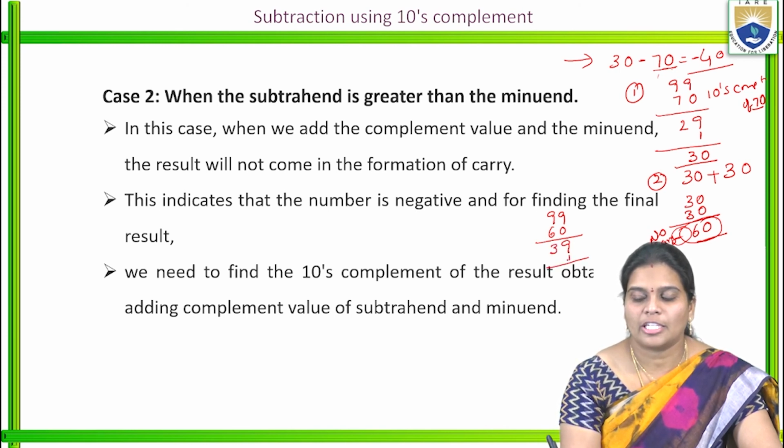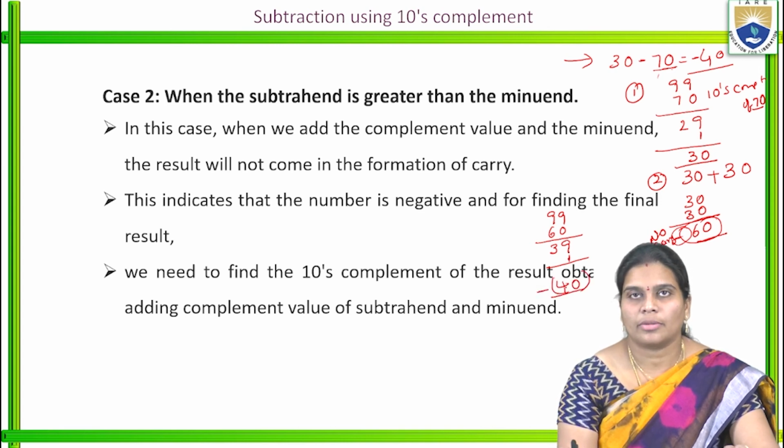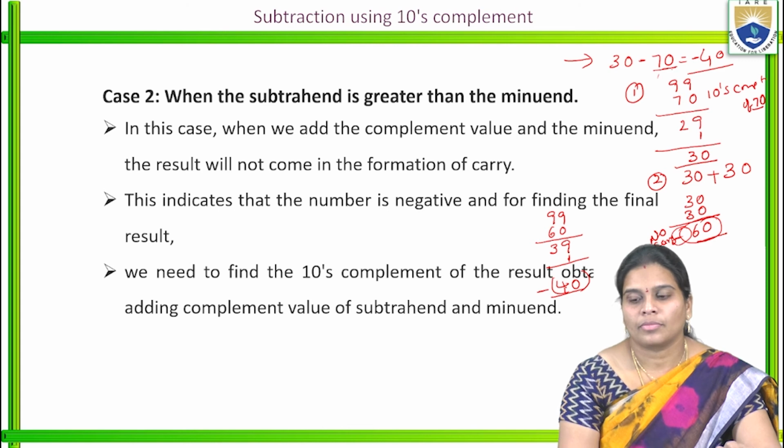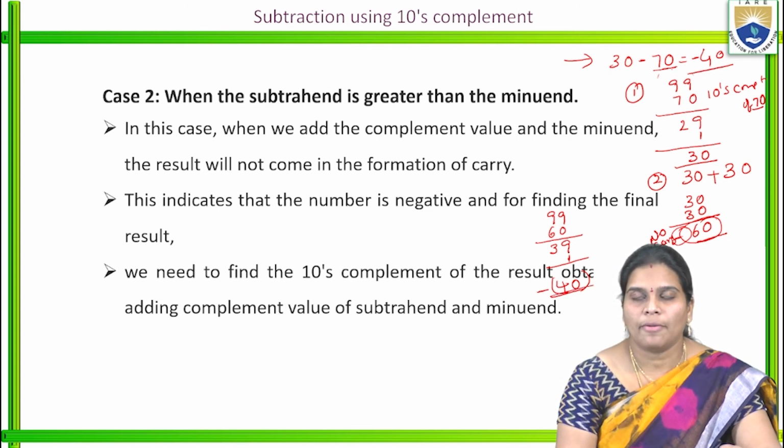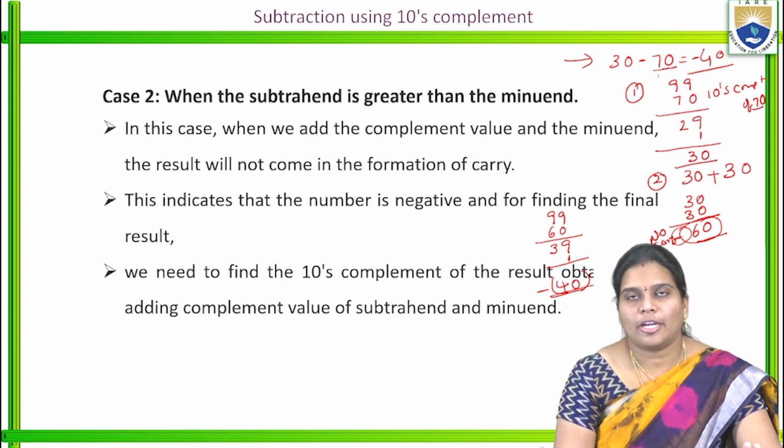39 plus, in the LSB bit we are adding the 140. So this is the minus 40. 30 minus 70 equal to minus 40. So here also we are getting the minus 40. So these all are the 1's complement, 2's complement as well as the 9's, 10's complement, addition and subtraction procedure. These all are the complements for the unsigned binary numbers.